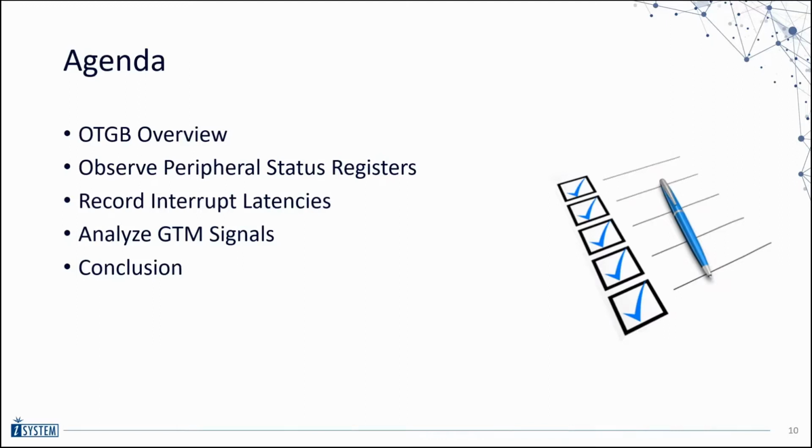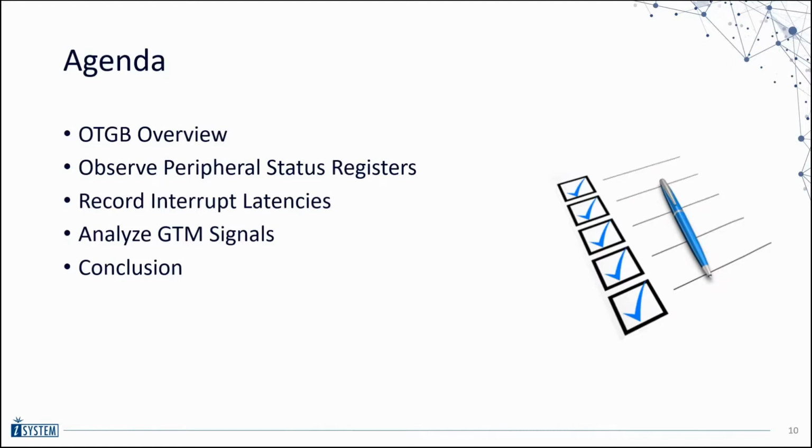Next, we measure interrupt latencies. In previous webinars, we have shown how to record ISRs using OS profiling or program flow trace. However, these techniques only show us when an interrupt service routine executes, but not when the hardware interrupt request has occurred. Luckily, the OTGB can give us complete insight into when a specific interrupt request happens in hardware, and how